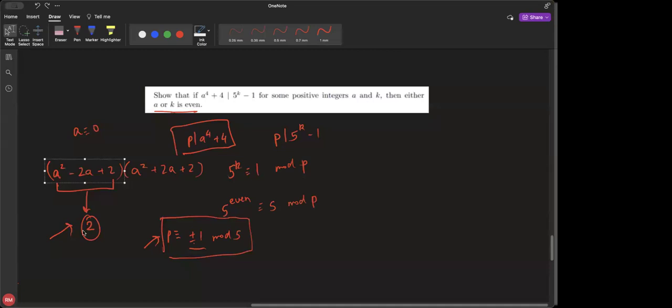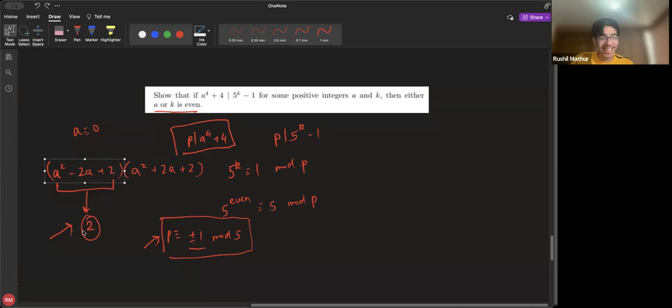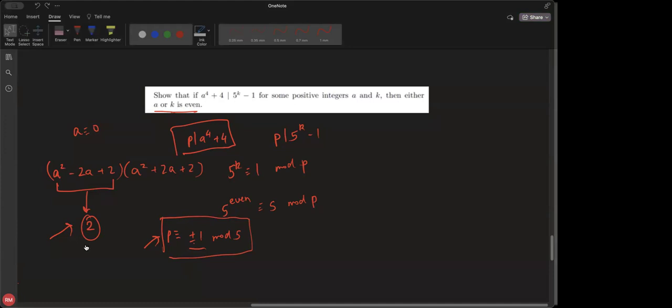So this thing that either A or K is even was just for confusion. Apparently, yeah, that is true. I'm still confused. I guess P divides this thing, like P divides and P is not equal to this. How will it matter if it is 2 mod 5, 3 mod 5, it